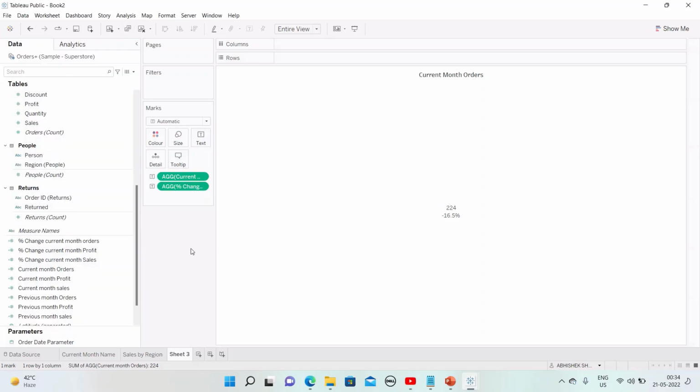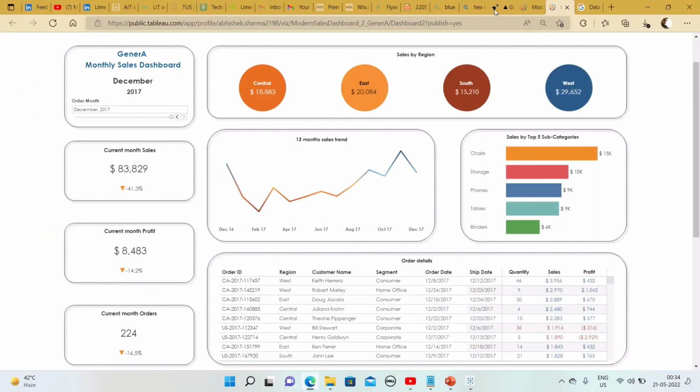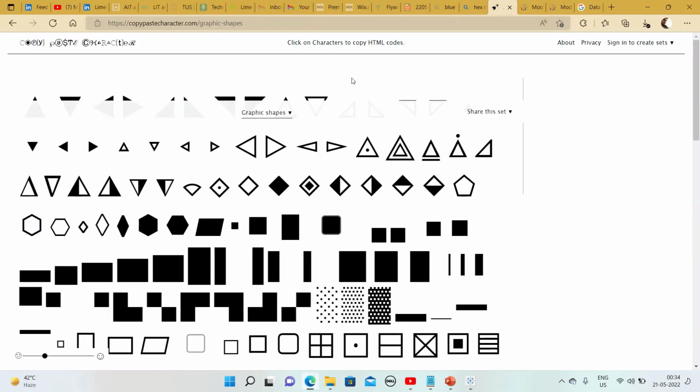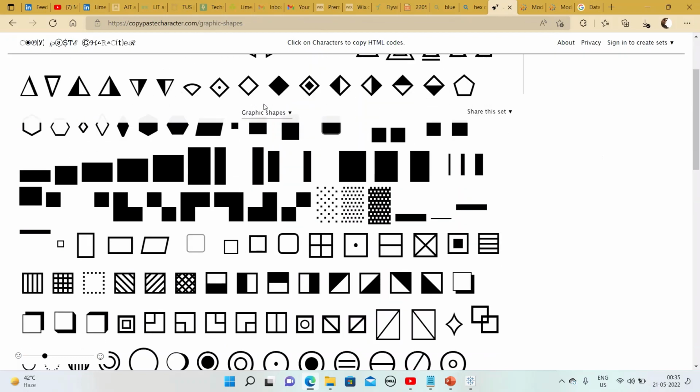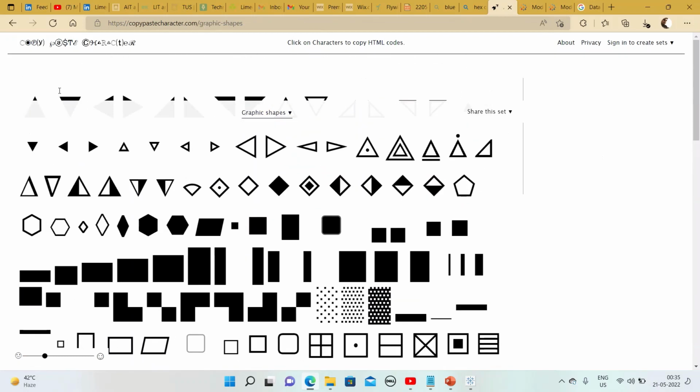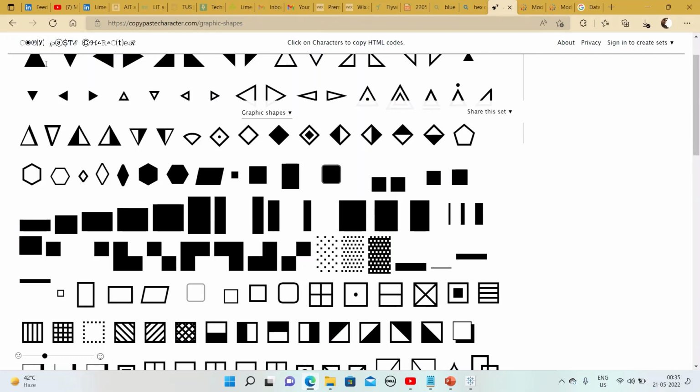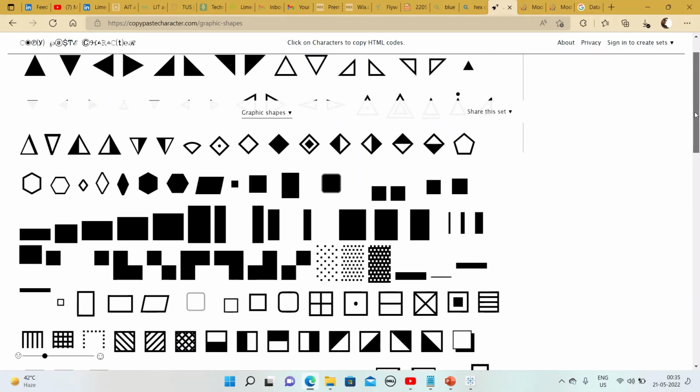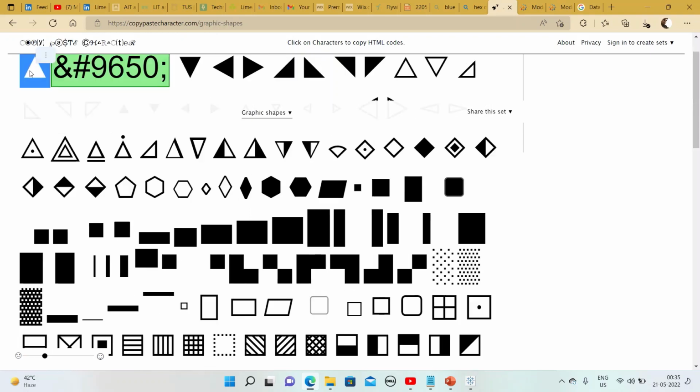Now we will add the up and down arrows. For that, there is one site which is showing us many geographic shapes, right? I'll paste the link of this in the description of the video. So I'll copy this up arrow,